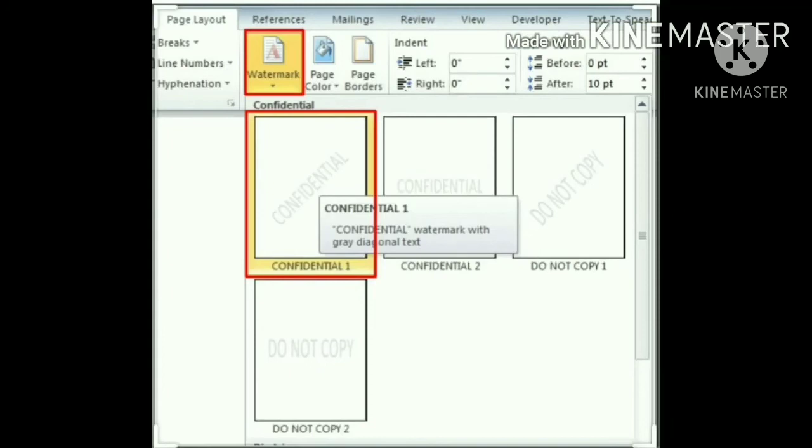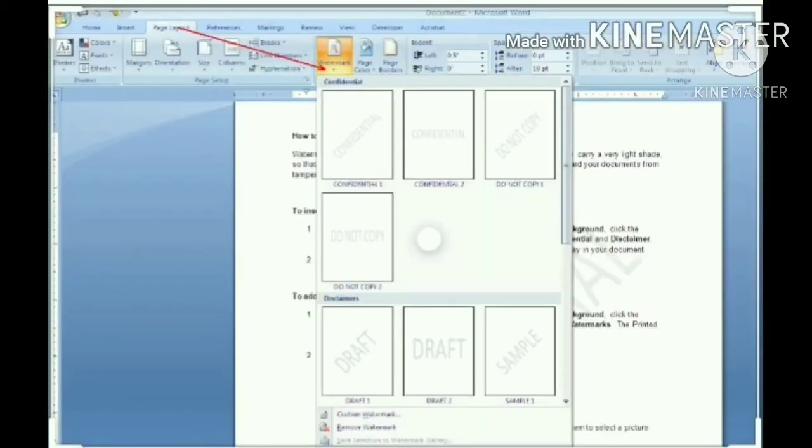Watermarks. A watermark is a text or picture that appears in a faded manner behind the text of a document. Watermarks are used to prevent imitation of the documents. Today, digital watermarks are also added to photo, film and audio files to show the copyright of the owner of the object. Watermarks are sometimes used in the form of a logo placed in the document. You can use these features in MS Word.